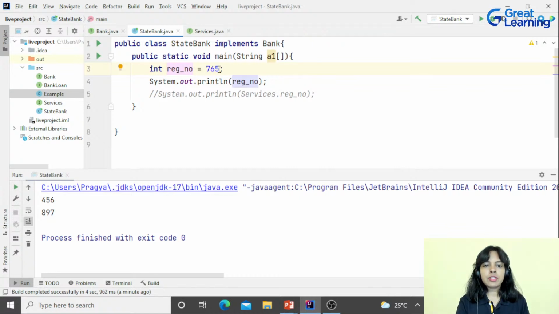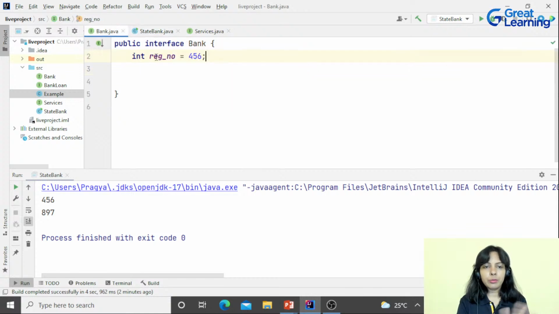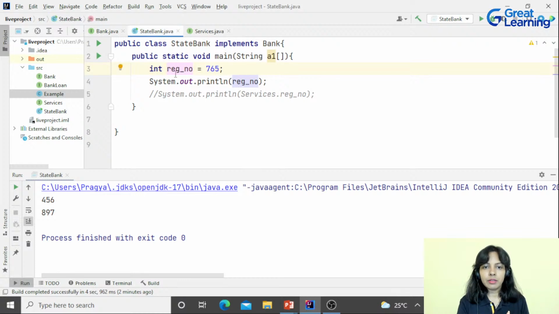This is a new variable which is created for this class. It's no more referring to the same variable of the interface. So this registration number of this class and that registration number are two different variables now. Fine.